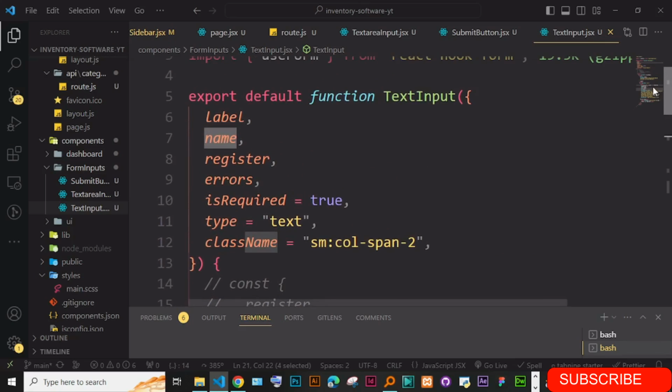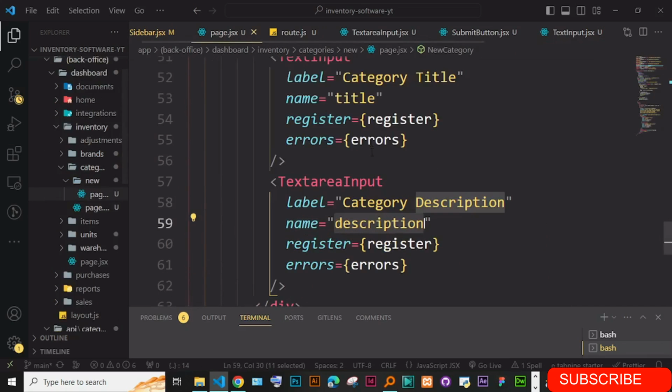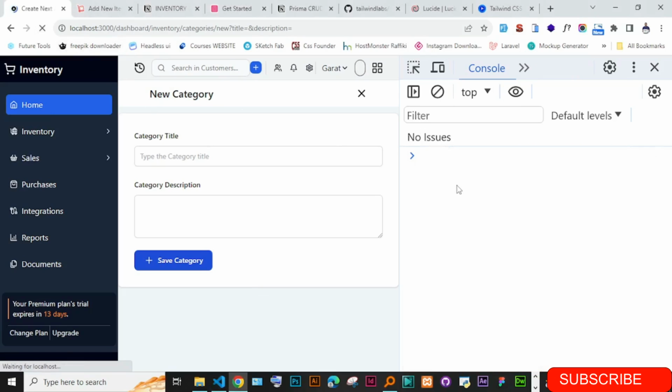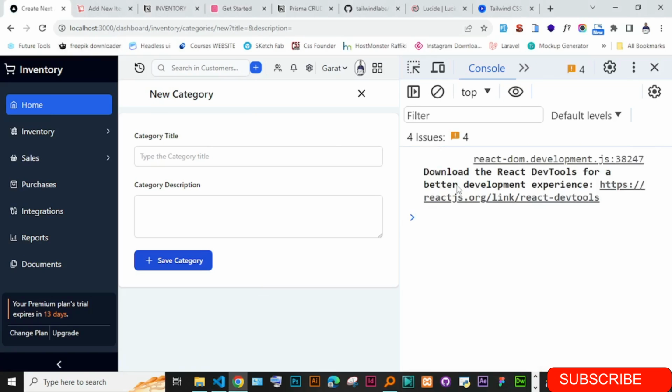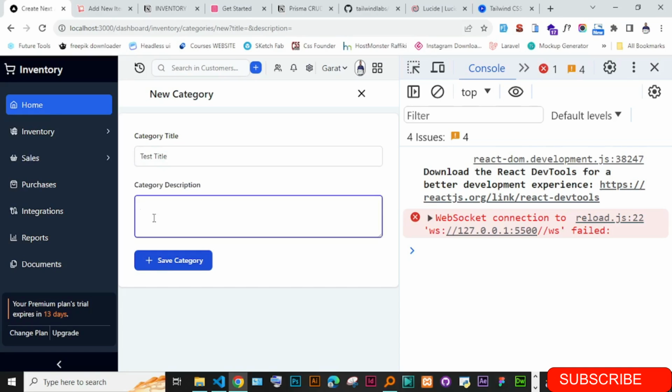Okay. So in this page we give them name, description, then here name is title. I don't know what it is talking about. Shouldn't have any issues. Okay, so just come and feed in here test title, and here test